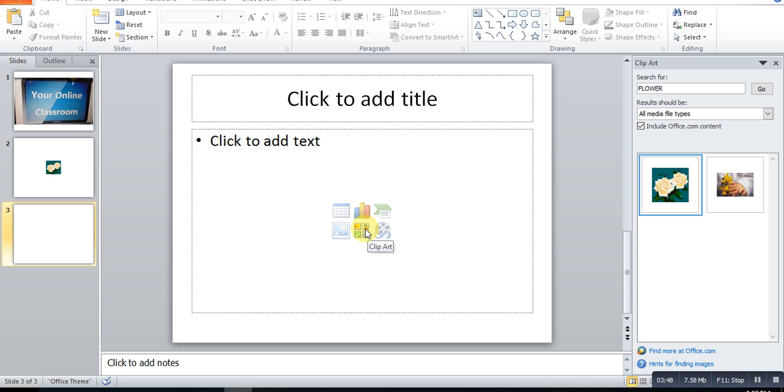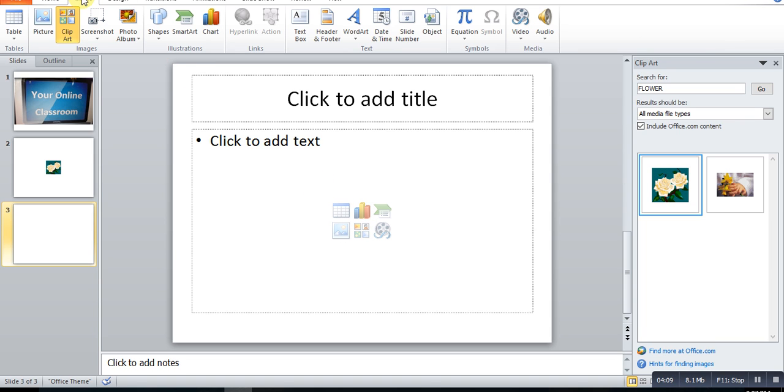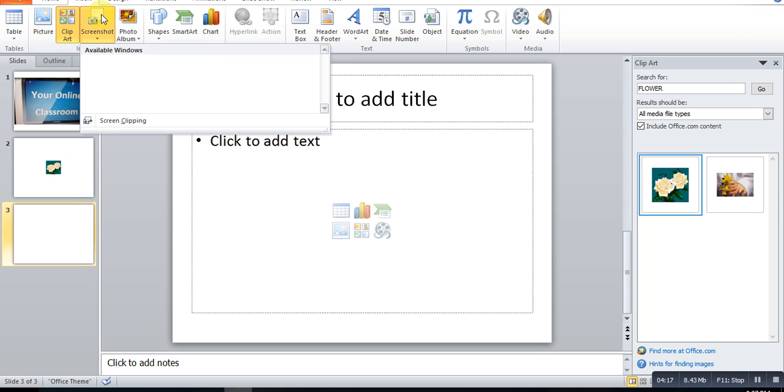So let us now proceed to inserting screenshots. For a review, screenshots are pictures that capture the visible windows and items displayed on your computer screen. So, on how to insert screenshots of a window. First, for the third time, let us select the Insert tab. Then, click the Screenshot command in the Images group. The screenshot will appear in your slide.